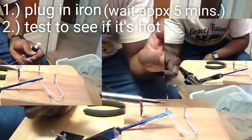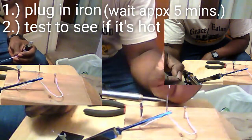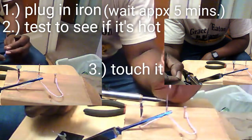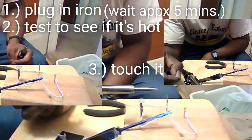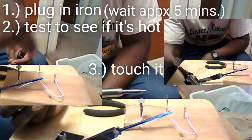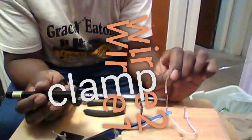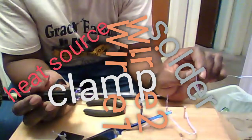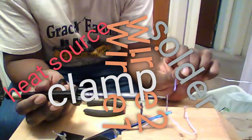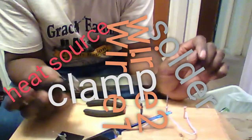and then you can see the copper and stuff start getting hot, and then you start smoking. Yeah, and then you just touch it, and the solder, just touch it, and it's kind of like an art form. Like, so you start from the back side of the heat source. Yeah. And the fluid in the front. Right. And you got to heat it up, and I believe that'll be a good way of connecting the two wires together, and let's